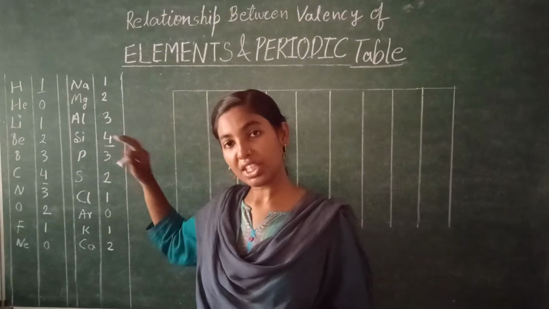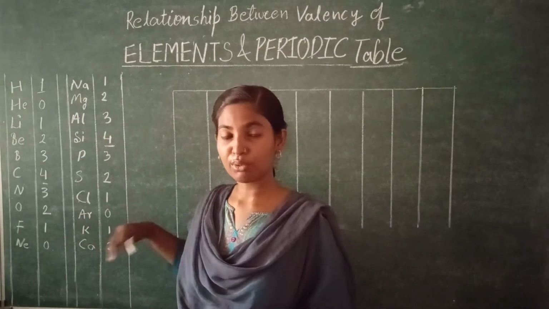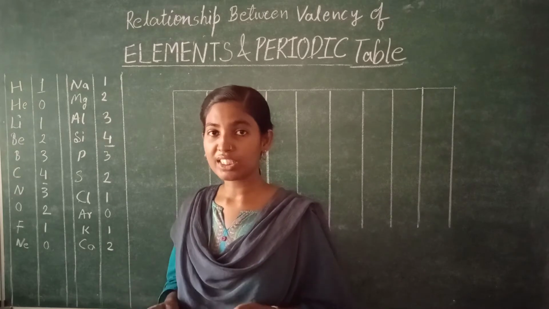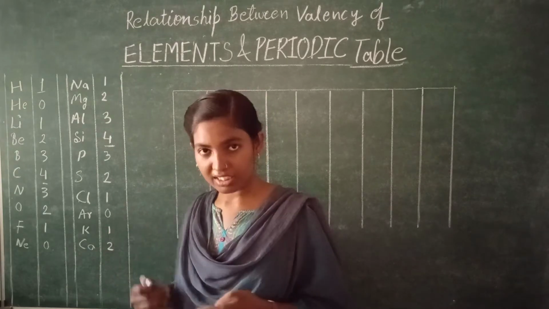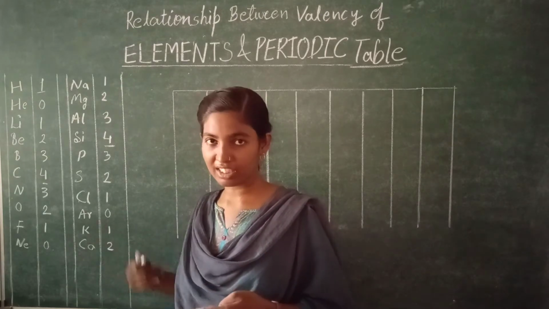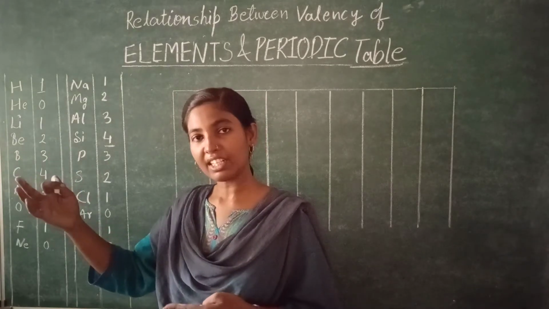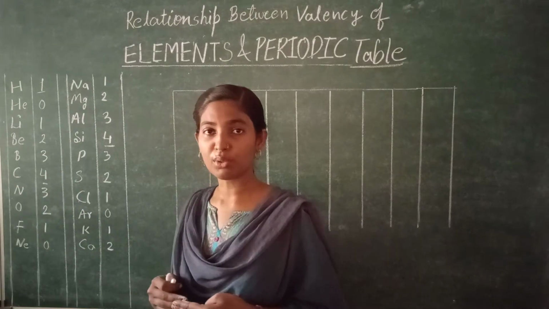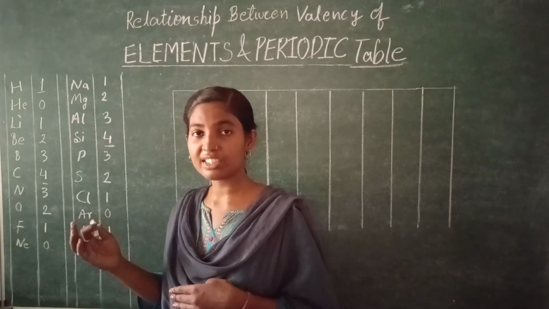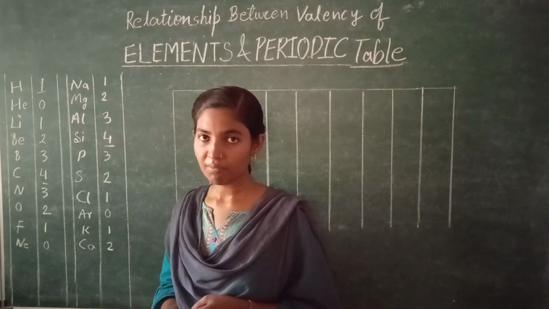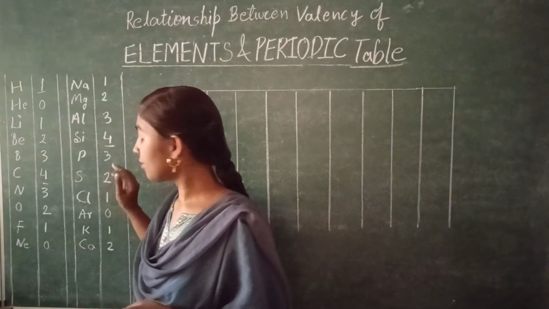So we have arranged 1 to 20 serial wise and we have seen that whatever their valency is, one time it is increasing and then next time it is decreasing. First it is increasing up to 4 and then again decreasing up to 0. So this increase and decrease is there in valency and valency is not more than 4. So this is about the valency.